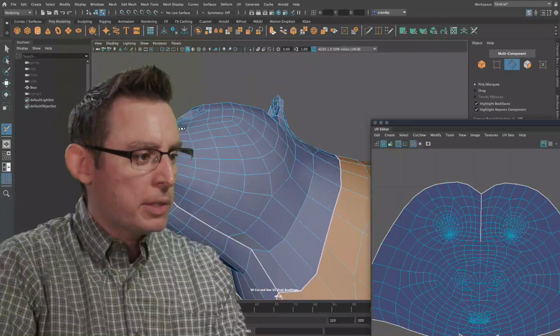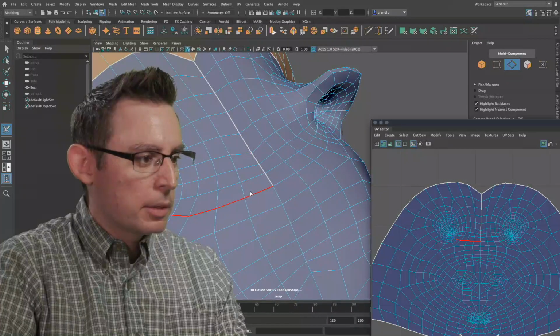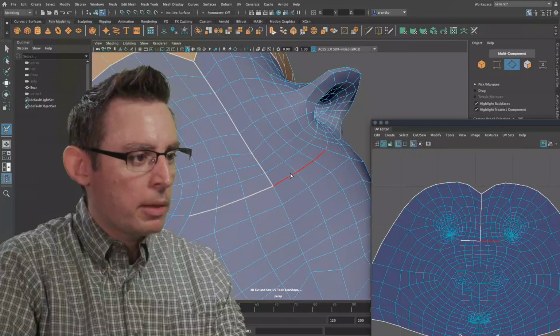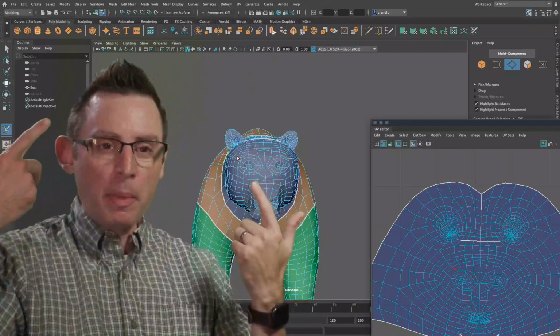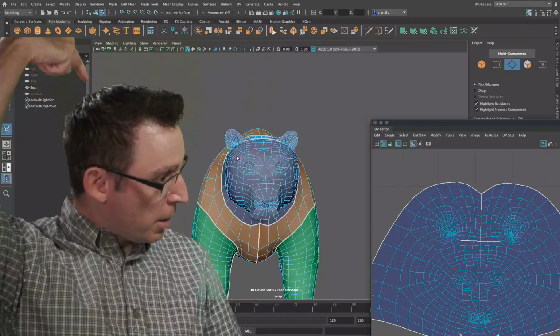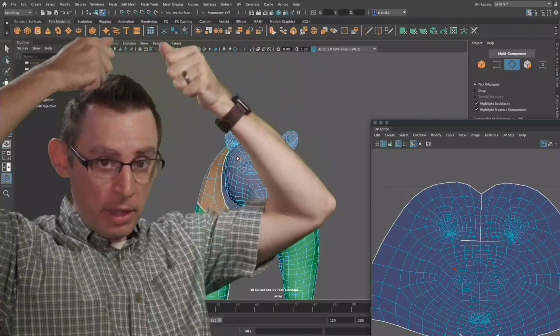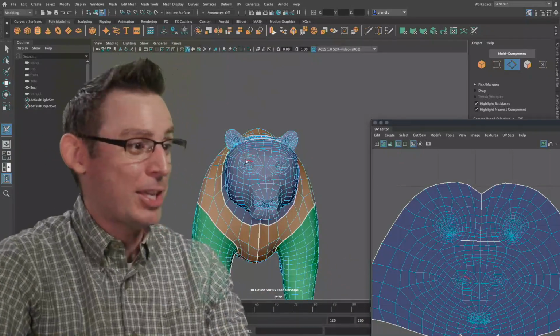When it comes to faces, I always kind of imagine this as kind of like a mask. Have it go that way and then over into the ear loop as well. Now what's that going to get us? Imagine this is like a rubber mask. In order to get this rubber mask on this character's head, there's going to have to be a seam that runs up and down the back so that they can stretch and pop it over the character. That's what I see in my mind, in my imagination at least.